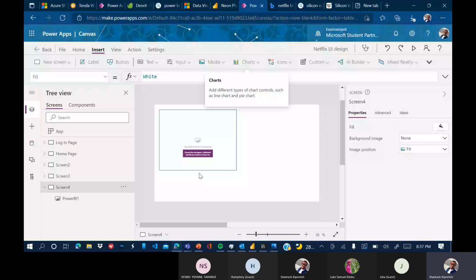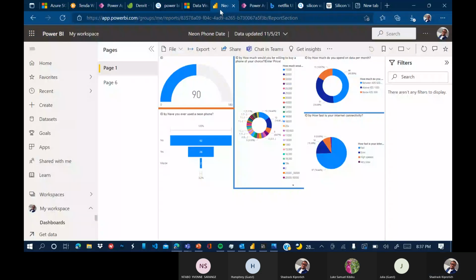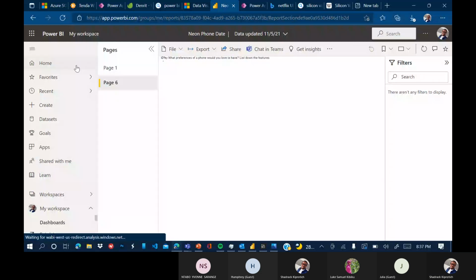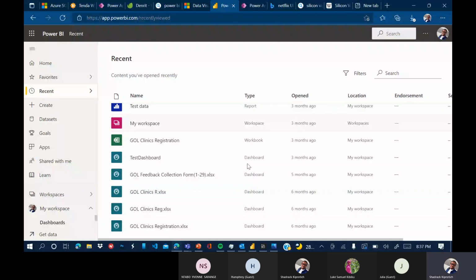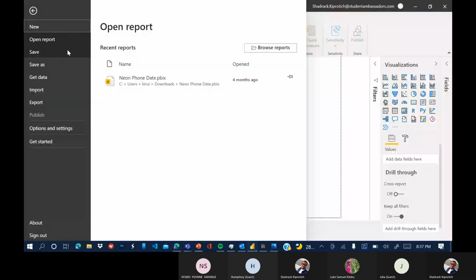Okay, let me see which one I can be able to use. Okay, I'm not really sure which one I can be able to use. Let me see if I can be able to get from